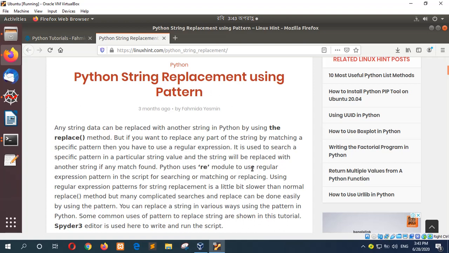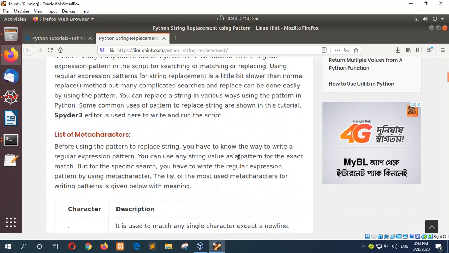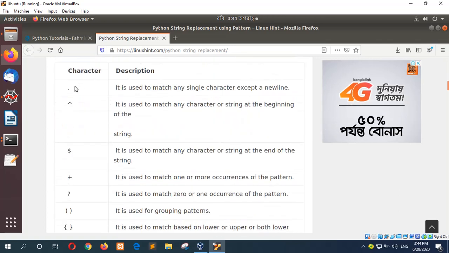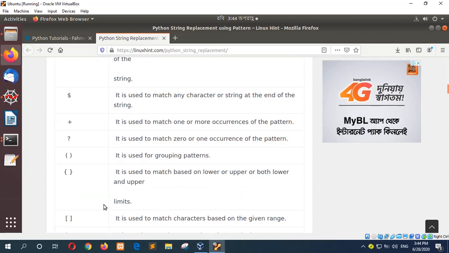In this tutorial, I will show you how you can replace a string in Python using a pattern or regular expression. Python has no replace method like other programming languages, but there is a method named sub to do the replace task. Before starting the example, you have to clear the concept of using these symbols or characters in your